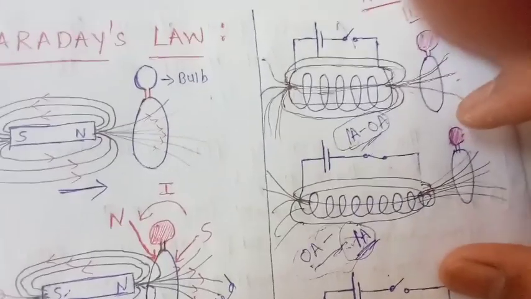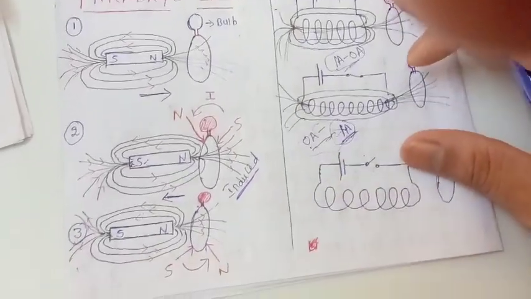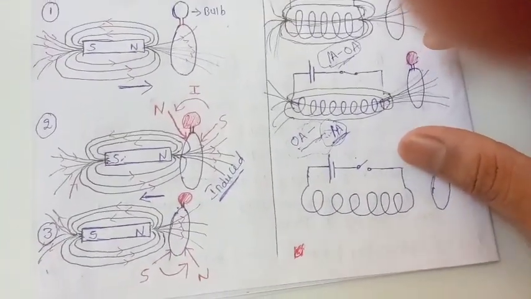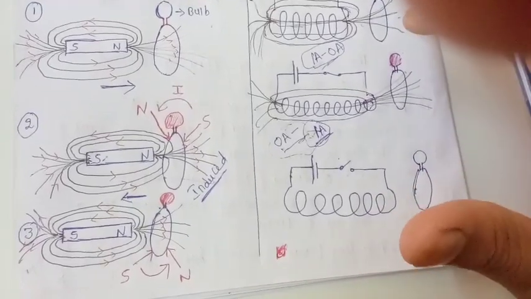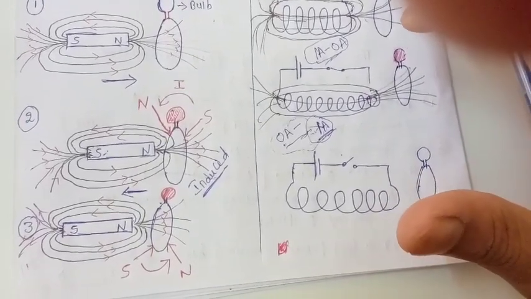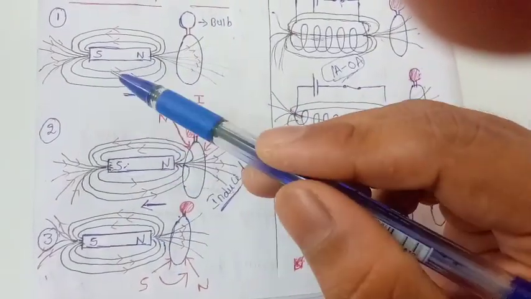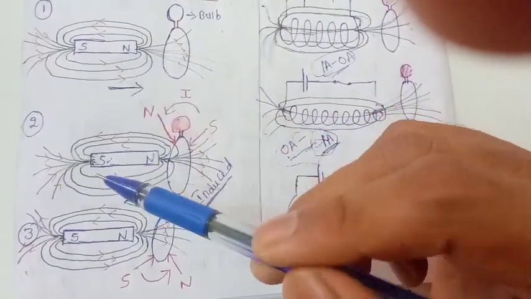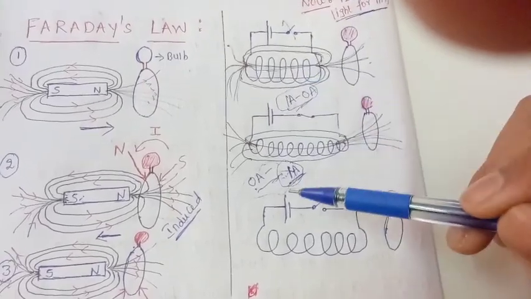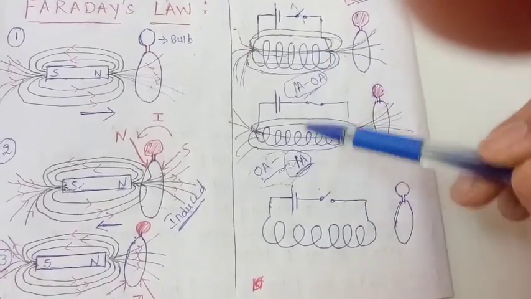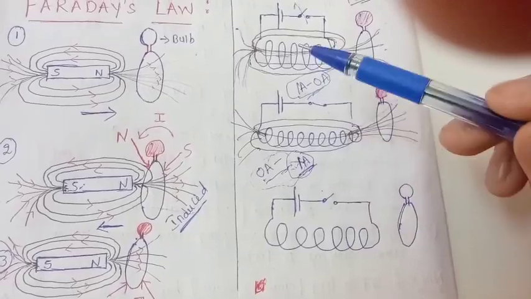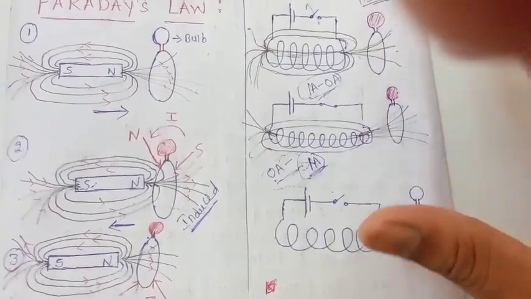That means Faraday, from his experiments, concluded that a static magnetic field doesn't produce an electric current, but a change in magnetic field will produce an electric current. Or a change in current, that means not a DC current but a time varying current, an alternating current, will produce a magnetic field.